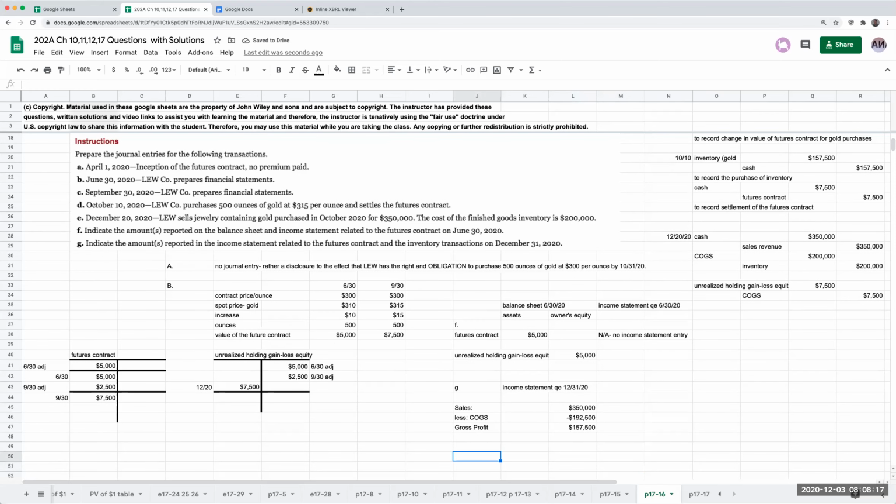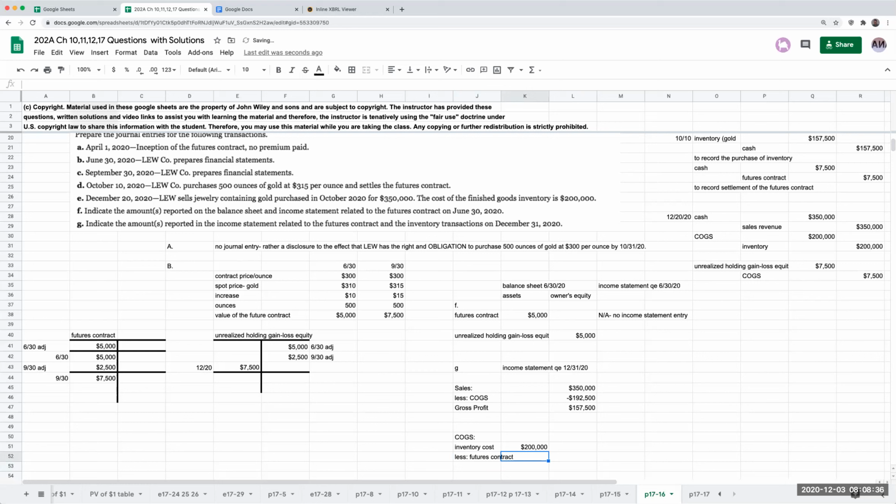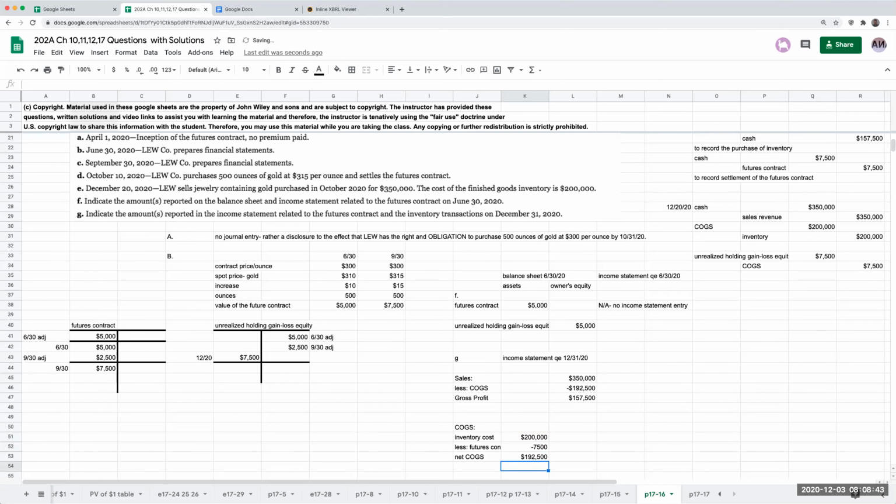Now, in terms of this cost of goods sold, my inventory cost was 200,000 less the futures contract. So that's how that cost of goods sold number is coming about. Okay, so that is problem